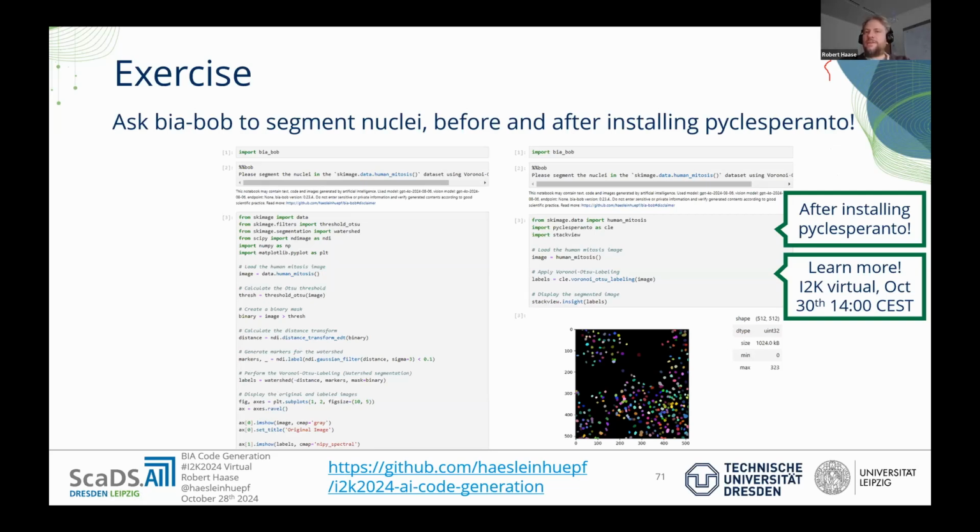And then you install Esperanto, you restart the Jupyter notebook, and you will then see it is now proposing Esperanto in a single line doing all that. And this is basically what I was telling earlier. bia-bob knows what's installed. bia-bob knows how to use these libraries, and it can guide you, but you have to